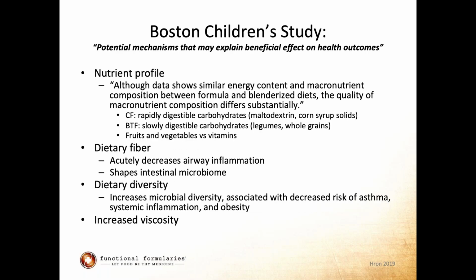So in their discussion piece, they asked, what potential mechanisms could have explained the beneficial effect on these health outcomes? So although the data showed similar energy content and macronutrient composition between formula and blenderized diets, it was the quality of the macronutrient composition that differed substantially. So specifically, our conventional formulas use rapidly digested carbohydrate sources such as maltodextrins and corn syrup solids, whereas diets with slowly digested carbohydrates from legumes and whole grains found in blenderized